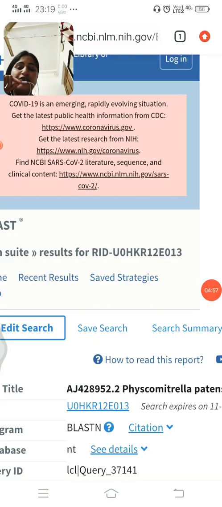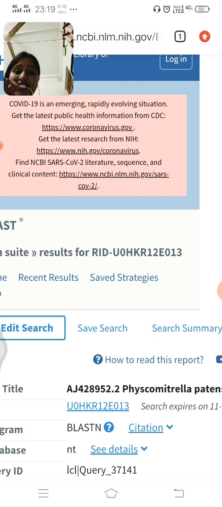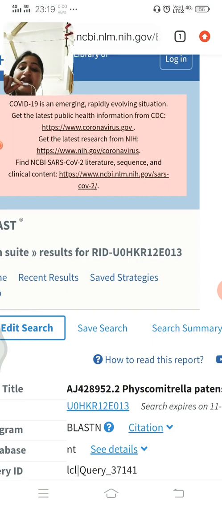So your E value is your expect value, and it is the number of expected hits of similar quality, and E value is basically a score that could be found by chance. So short sequences have a higher E value, signifying a lower significance of similarity in sequences. Depending on the length of the query and the size of the database, the E value is calculated. So what you can remember is E is the expect value, and the higher the E value is, the lower is the significance of similarity. So we always want the lowest E value possible, and therefore we have selected 0.001 as our expect threshold for E value.